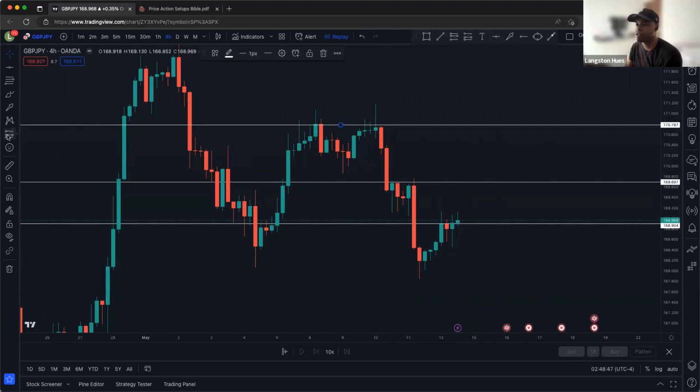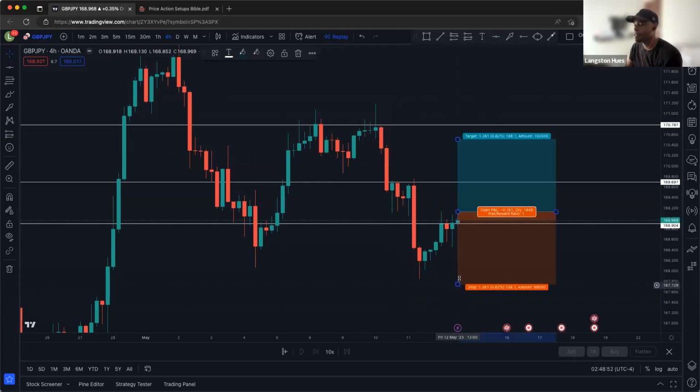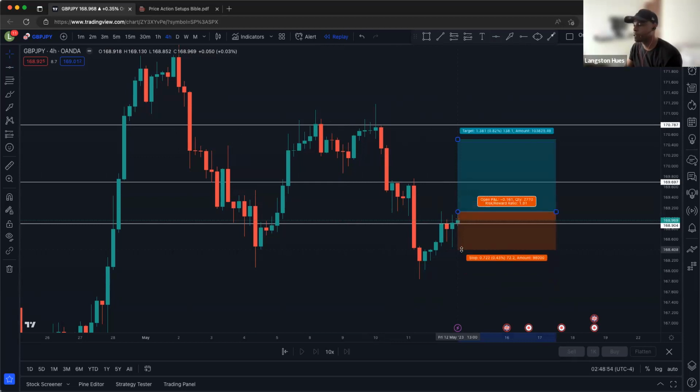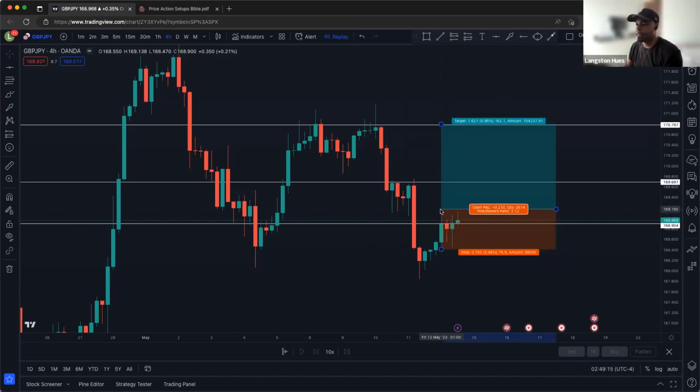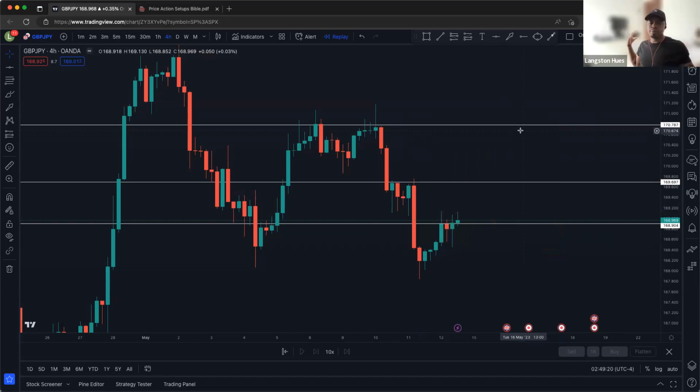So let's say we had an entry here, previous candle is our stop loss. Our take profit is up here. Stop loss 71 pips for potentially 167 pips, right? Risking whatever your percentage is, 1 or 2% based on your account size. When price breaks the high of this candle, we're activated and could continue driving up, because the session we're going to be in is going to have volume, right?